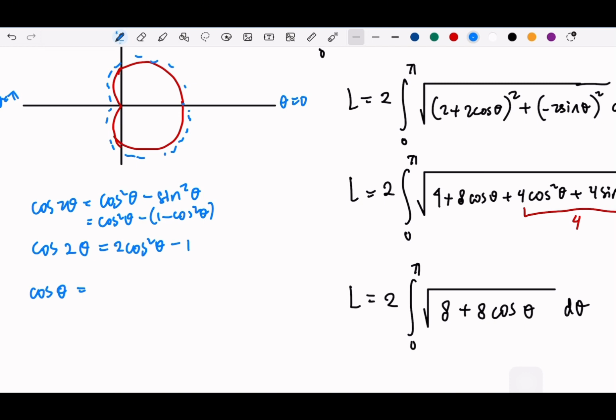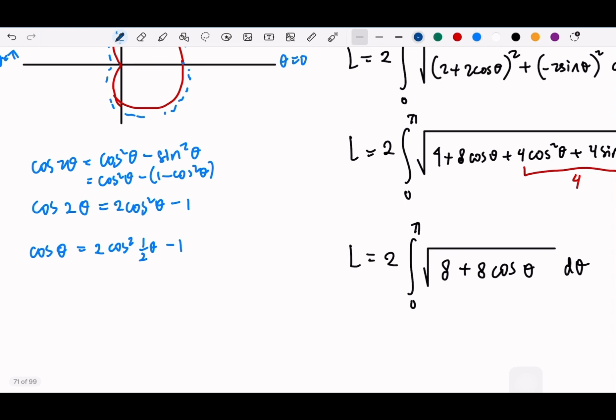Yeah, that's why I feel weird. Should be this. Okay. So if we have cosine theta, we can also write the similar situation with this half angle formulation, which means that if we have the 8 plus 8 cosine theta,